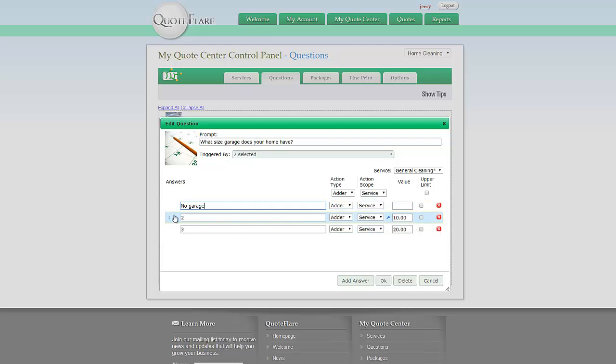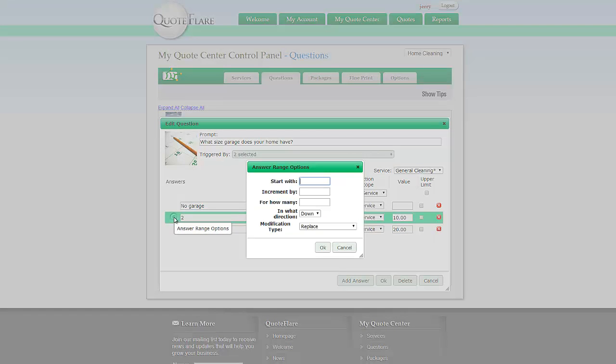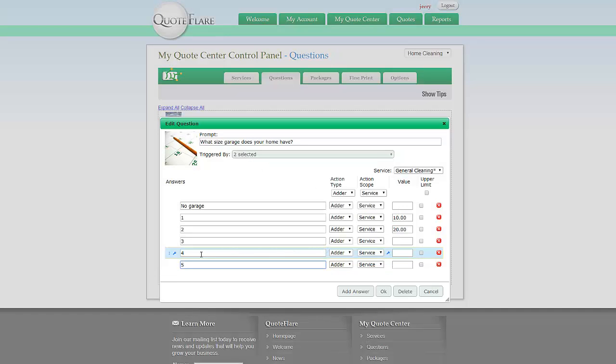We can use the range feature over here, the answer range options. I'm going to start this with 1 and go up by 1, and I'm going to go to 5. And we're going to go down and we're going to replace whatever's in each field. So it's going to automatically add those answers for me. But for this particular question, in order to make it look right, I would really need to add